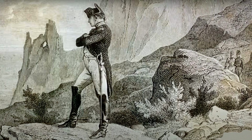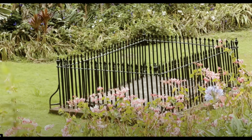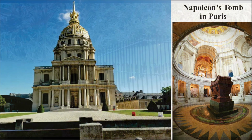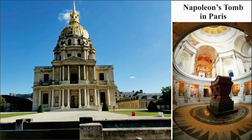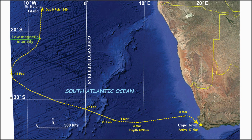Napoleon had remained in Longwood House on St. Helena until his death from liver failure in May 1821. He was buried in the grounds, but his body was later exhumed and taken to Paris for reburial near the present-day Eiffel Tower. Having completed his obligation to initiate the construction of the new magnetic observatory, Ross set sail on the